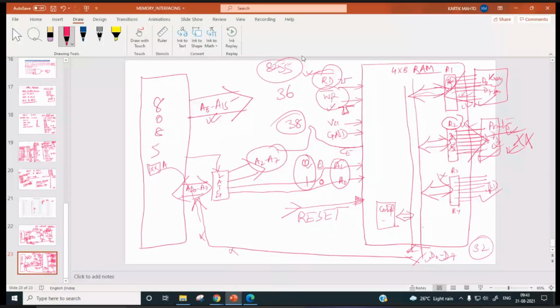Now the address will be only 8-bit, A0 to A7 only. Out of those 8 bits, only 2 bits will be used for addressing 4 locations, while A2 to A7 will be decoded and used as chip select. What about these, A8 to A15?